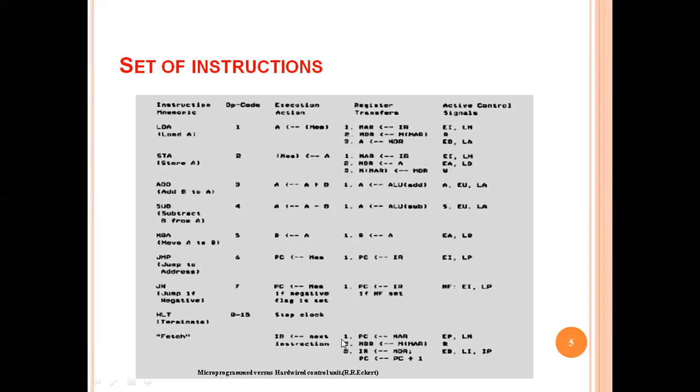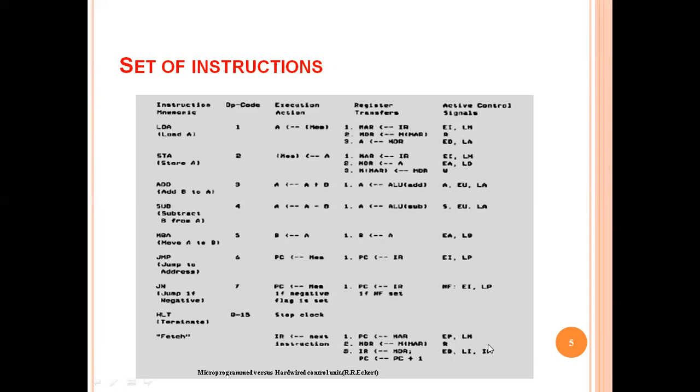At first T0, which signal will be activated? EP and LM. Clear? T1, which signal will be activated? R. T2, which signal? T0, T1, T2, which signals will be activated? ED, LI, IP. After that it will be decoded, and from the decoding it will find out which signal it